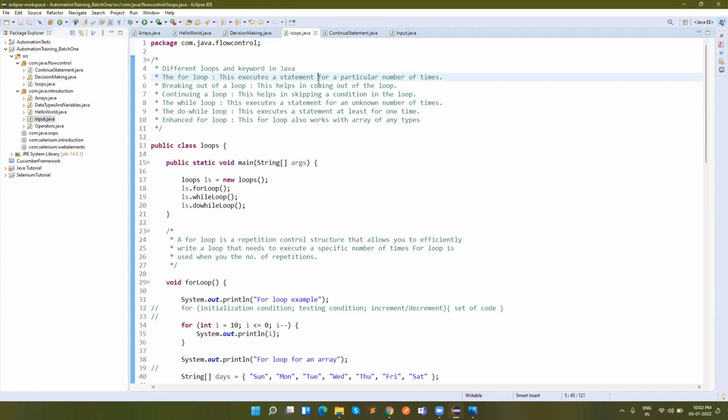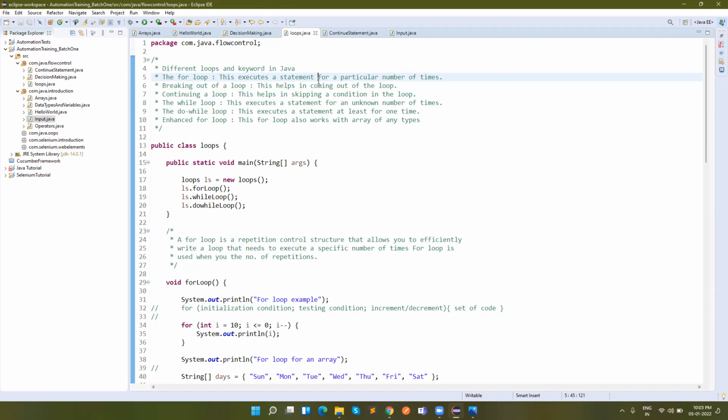Looping in a programming language is a feature which facilitates the execution of a particular set of instructions repeatedly while matching some condition.